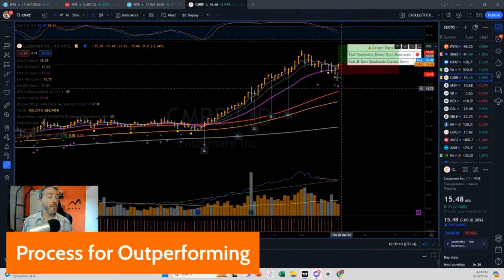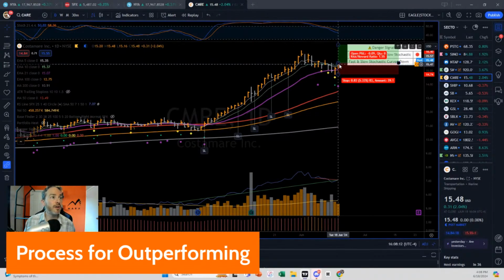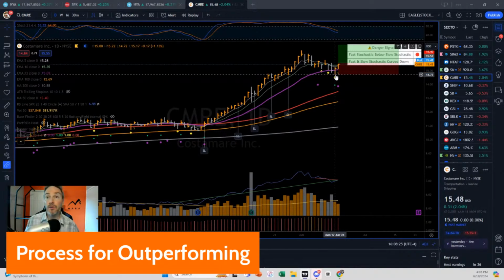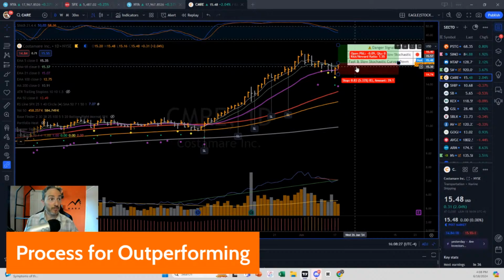And judging by where I would look to enter, right above today's high or right above Friday's high at 1554, versus where I would look to place my stop, right below the current weekly low, I would only need to risk about 5%. So that's not telling me that I'm going to jump into this, but it does tell me that I want to do more work on this. Anyhow, I'm getting a little bit off topic here.